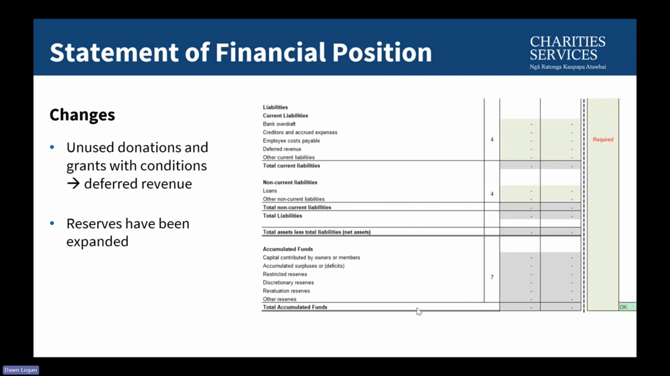The second financial report is the Statement of Financial Position. The Assets section of the statement has no significant changes and has not been shown on this page. One category was renamed. The previous Bank Accounts and Cash line item has now been renamed to Cash and Short-Term Deposits. In the Liabilities section, the previous category of Unused Donations and Grants with Conditions has been renamed to Deferred